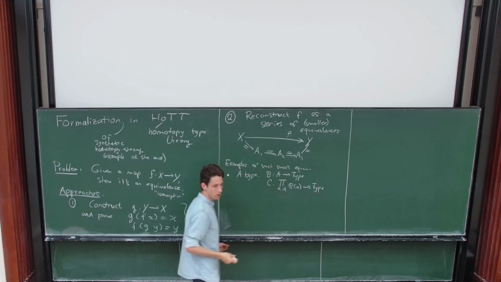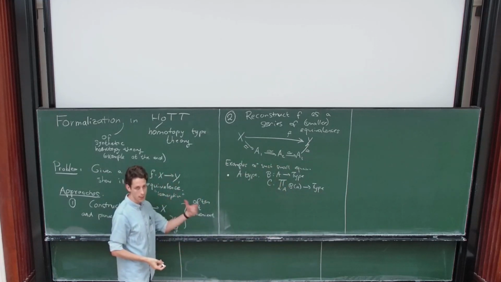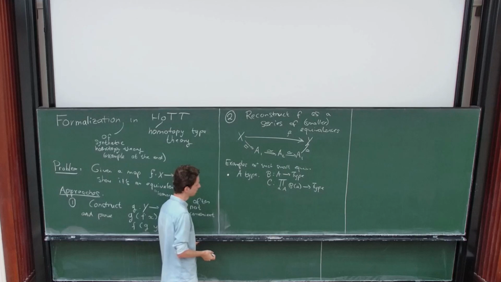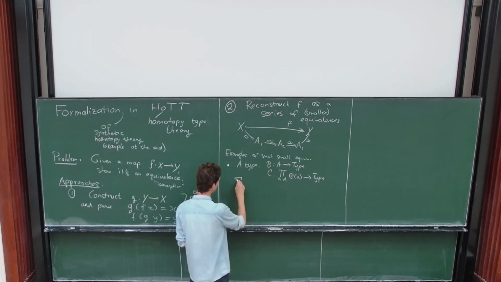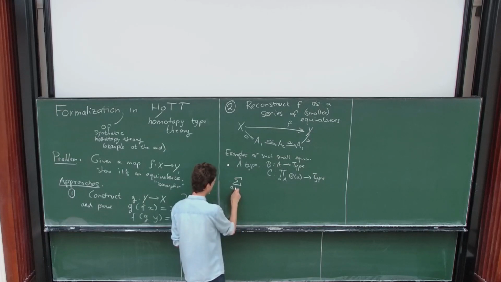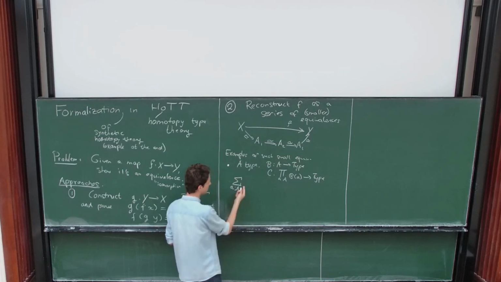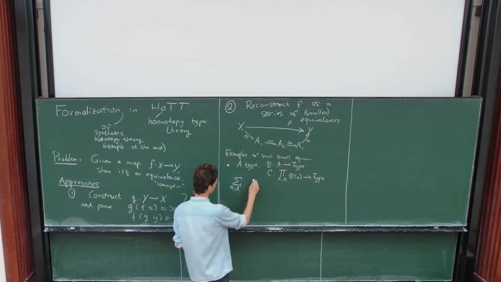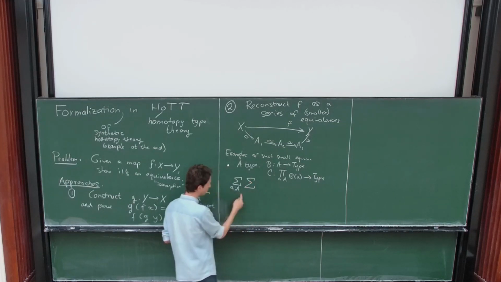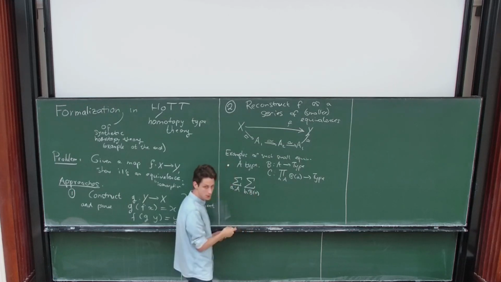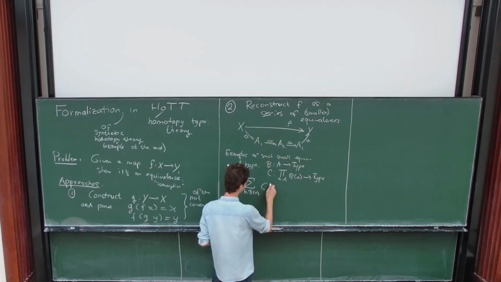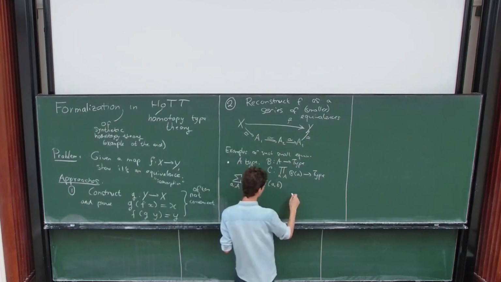So B takes one parameter A, and C takes two parameters, in A, and then a B at the appropriate index here. And then you show, for example, that if you look at this dependent type, you're going to build this type where you first collect A's, now you're going to collect B's, and then you're going to collect stuff in C. That's the same thing